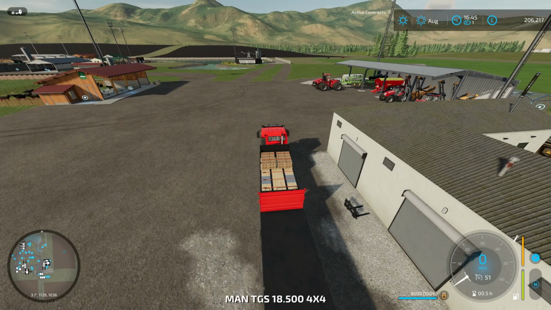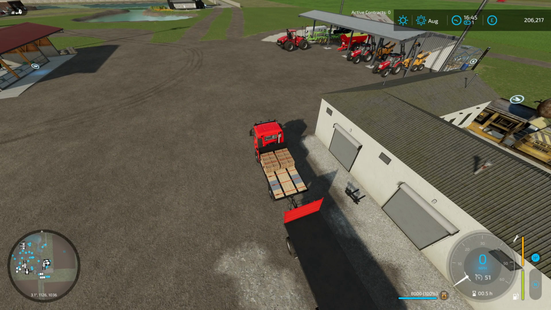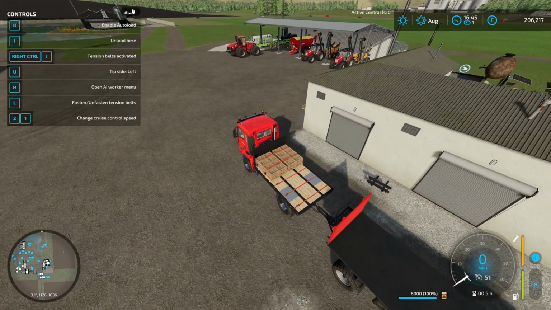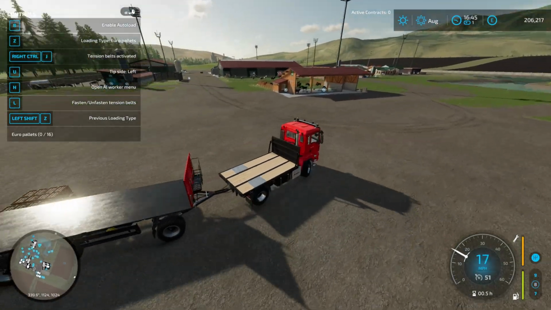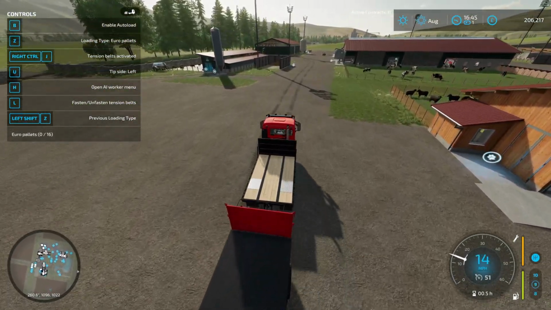Jump in our truck. You see he's hauling some honey. He's hauling honey. We'll just unload that. And we'll pick that up later on. And then what we will do...